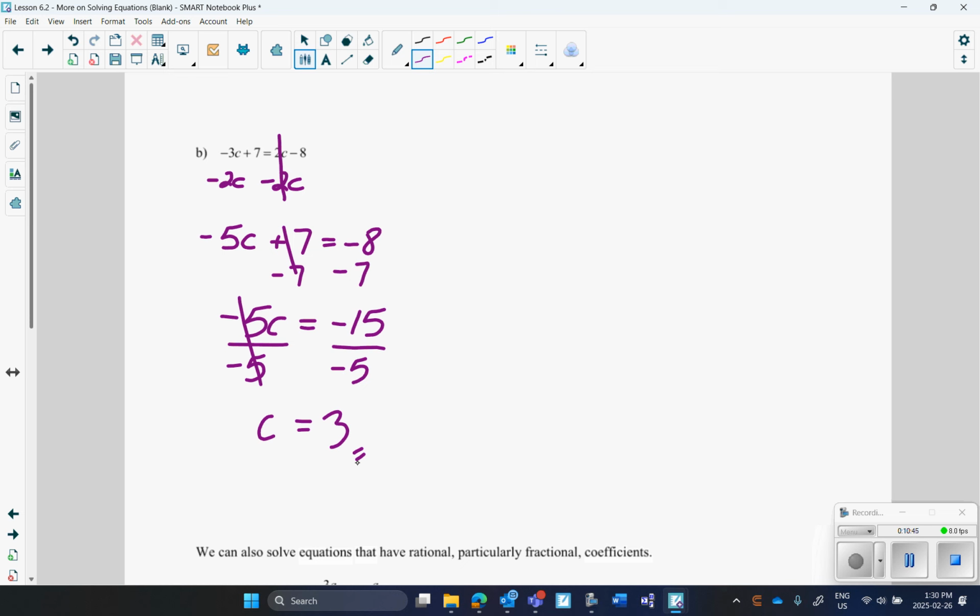Believe it or not, I'm going to stop right there because the next part on fraction equations is a little bit hard to wrap your head around at first. So I would rather you guys practice with this first, and then tomorrow we'll do the fraction equations, because that's something that's going to be new to you guys, definitely. And it's something that we're going to use a ton of in future